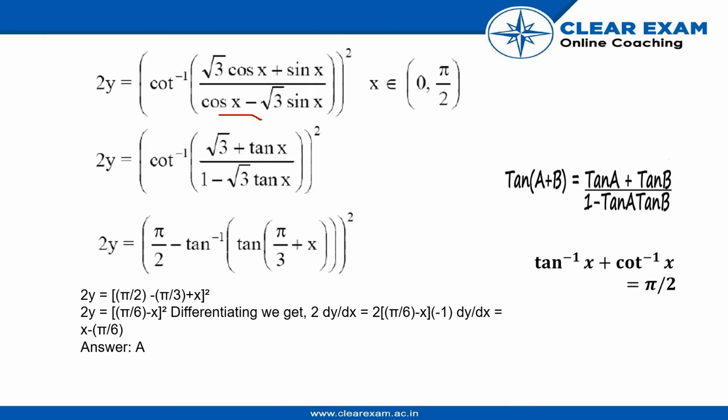into whole square. Now dividing the numerator and denominator of this whole bracket term by cos x, root 3 cos x divided by cos x is root 3, and sin x upon cos x is tan x. Similarly, cos x upon cos x is 1, minus root 3 sin x upon cos x is root 3 tan x. And then we know the value of root 3 in terms of tan is tan pi by 3